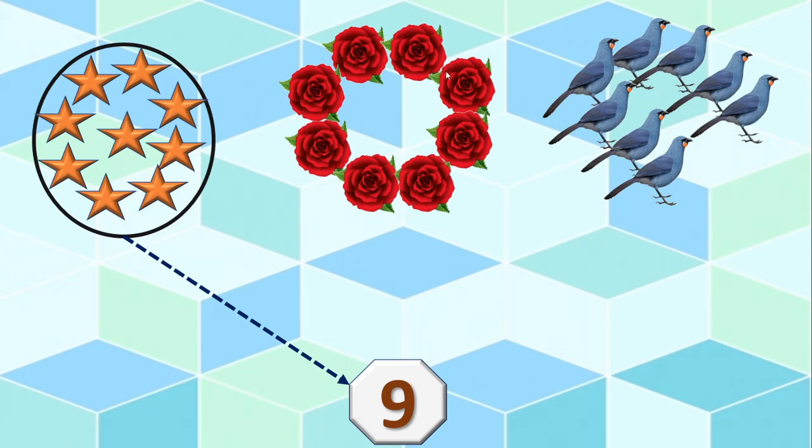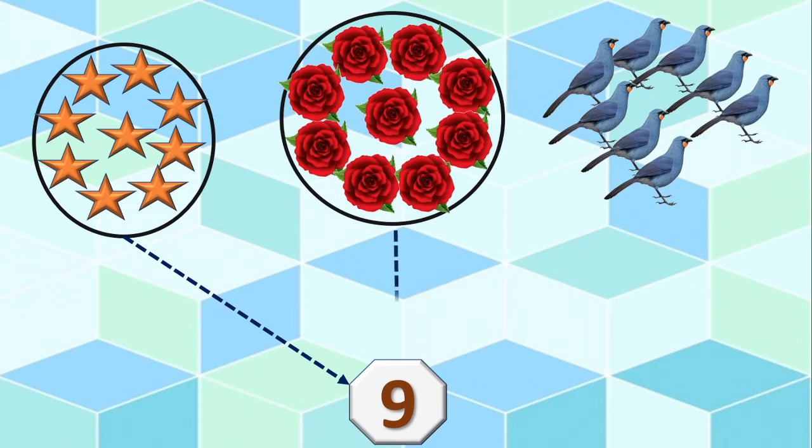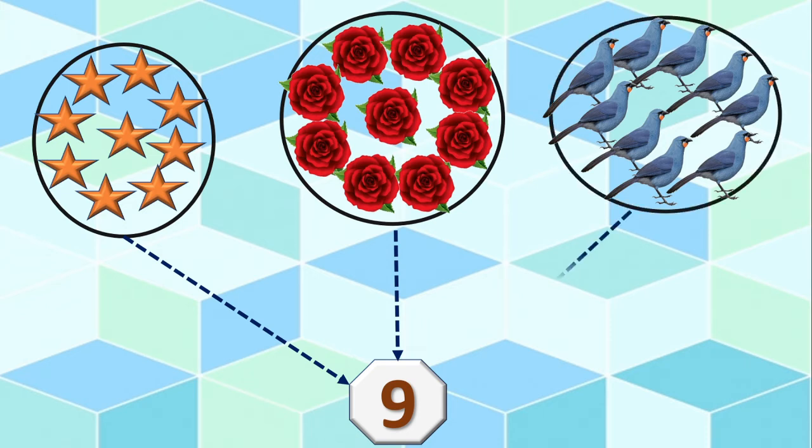Okay. And here we now have 8 flowers. We are going to add one more flower to this. So all together they are 9 in number. Birds are 8 here. One more bird joined this. So the group has 9 birds. Got this, children? It means in each group there are 9 members.